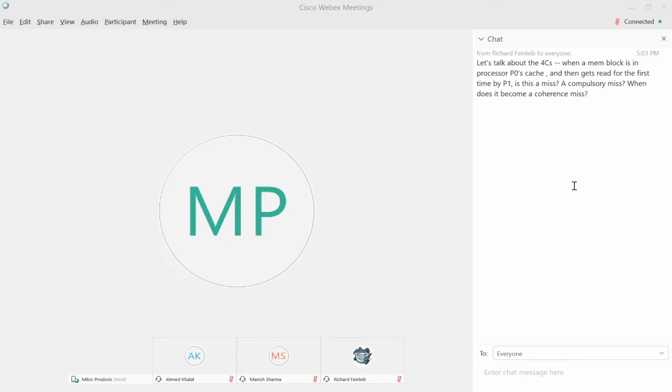So it becomes a coherence miss only when I somehow fetched it into that particular cache. Let's say P1 has accessed it, and then P0 accesses it, let's say writes to it, and because of that we had to invalidate the copy in P1, and now P1, when it next accesses it, will have a coherence miss. So to have a coherence miss, the block has to be accessed by that particular core, and then by some other core in a way that invalidates or downgrades the copy in the first core, and then it's again accessed by the original core. I'm not sure if that's clear, but that's pretty much it.